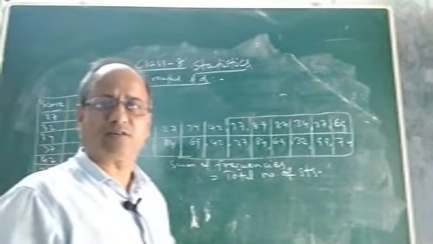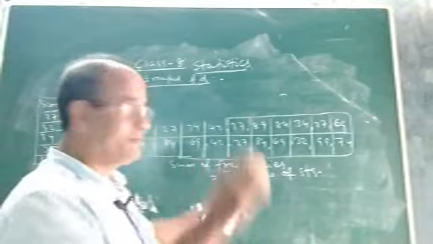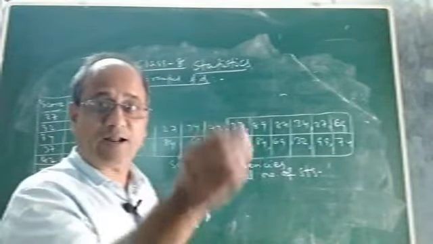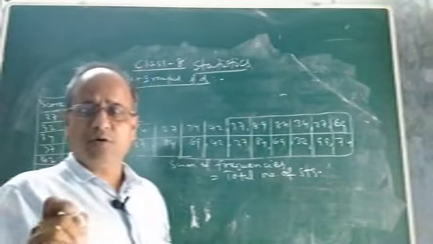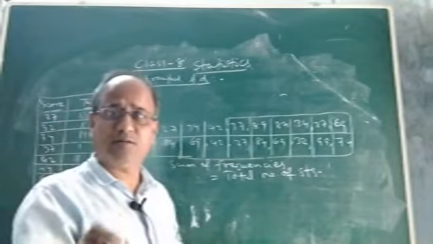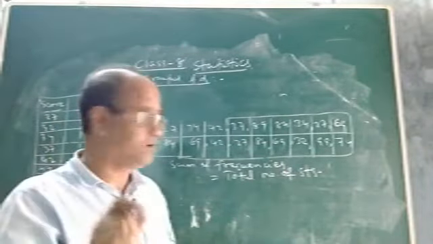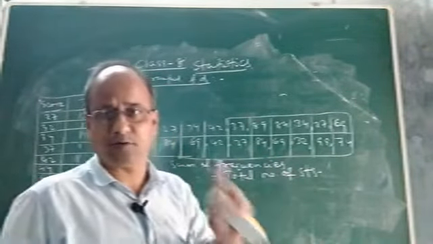It has mathematical notation also, but it will be taught to you in class 9. Sigma fi equals n, where n is the total number of observations. That will be discussed later. Okay. So for the time being, we have to remember that while preparing a frequency distribution, grouped or ungrouped, the sum of frequencies will always be equal to the total number of observations.